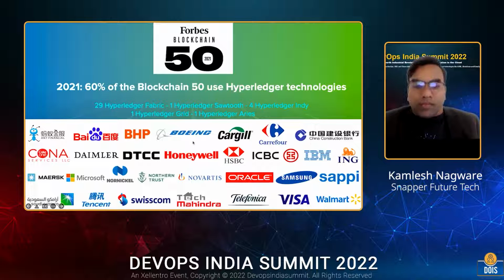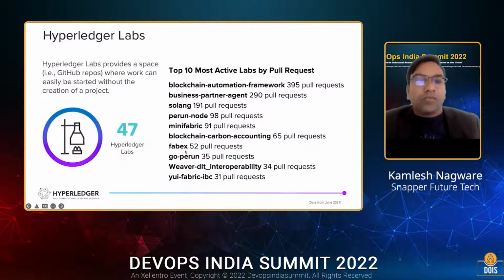So there are different segments of industries using blockchain, not just finance or banking. Here is insurance, here is manufacturing, here is a kind of fancy services, here is supply chain. Maersk is one of the biggest use cases of Hyperledger Fabric in trade, finance, and supply chain. Oracle has its own use cases, and Walmart must be here also. They're using it for food traceability across the US.